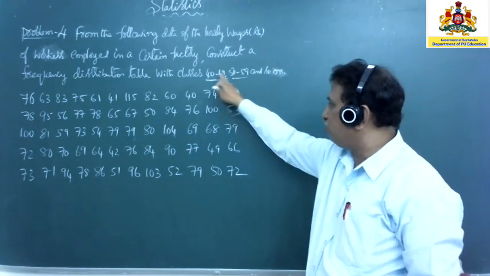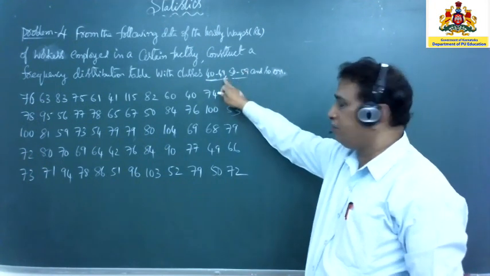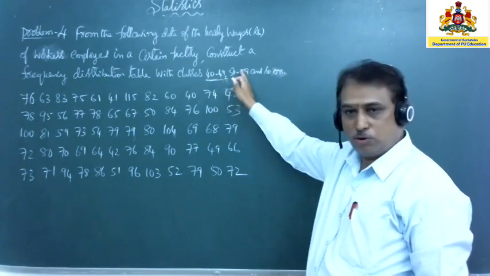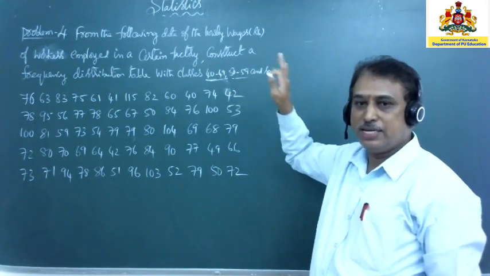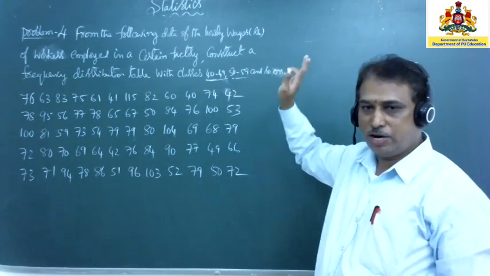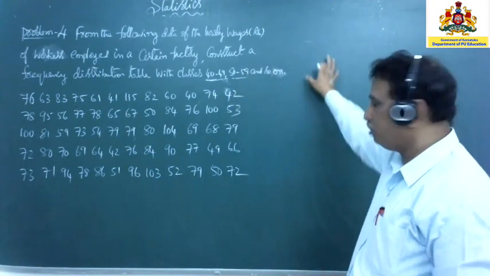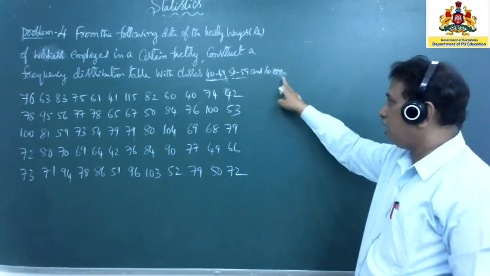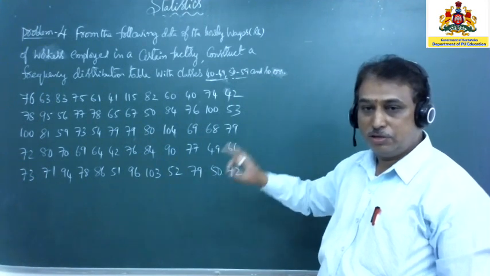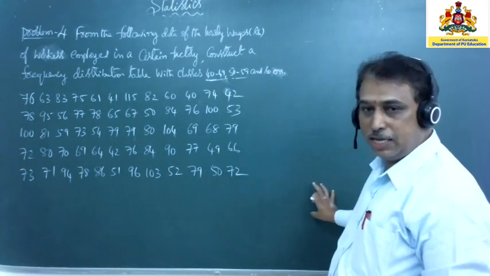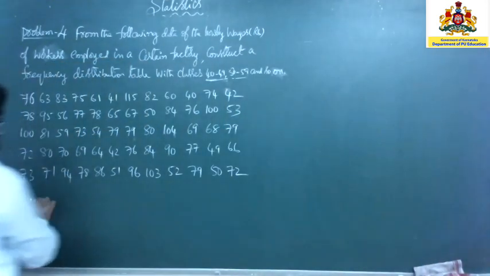If it is the same, 40 to 50, 50 to 60, that is the exclusive type of class intervals. Now there is a gap between the 2 classes: 40 to 49, next class is 50 to 59. That's why it is the inclusive type of class intervals. You have to understand like that. Now you have to prepare the inclusive classes and so on. And so on means according to the highest value, you have to write the classes up to that highest value.